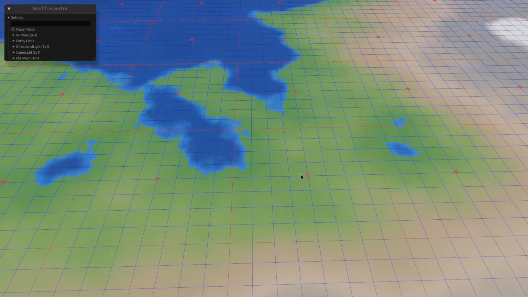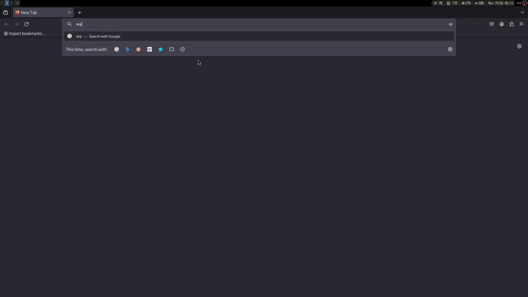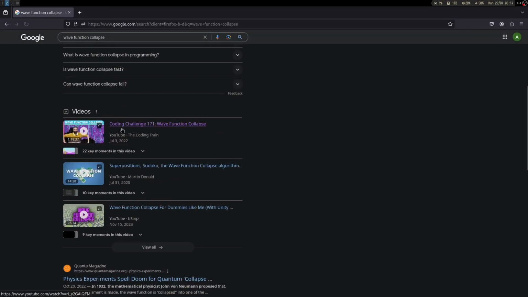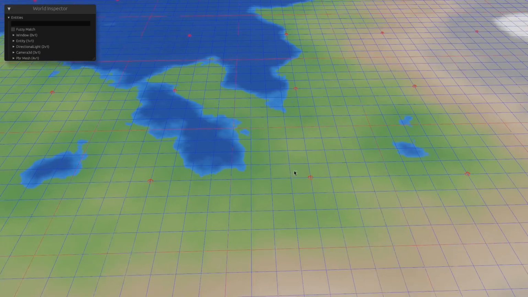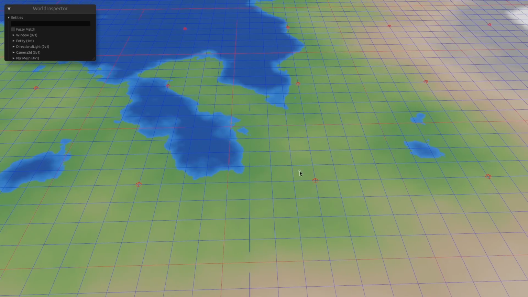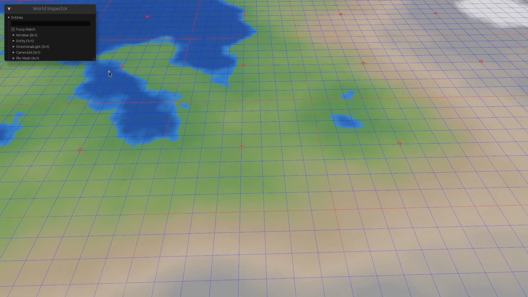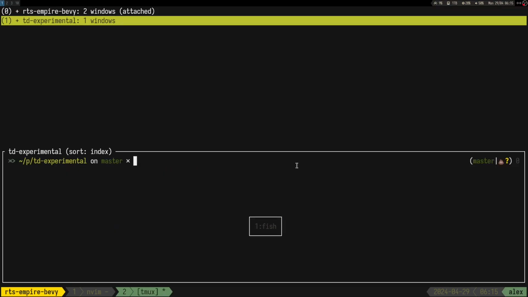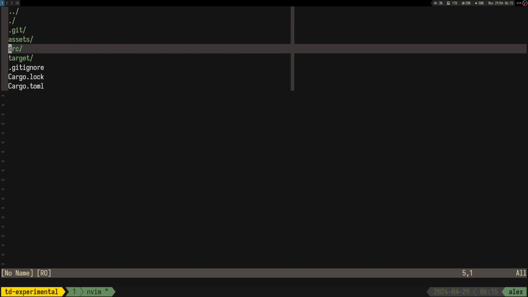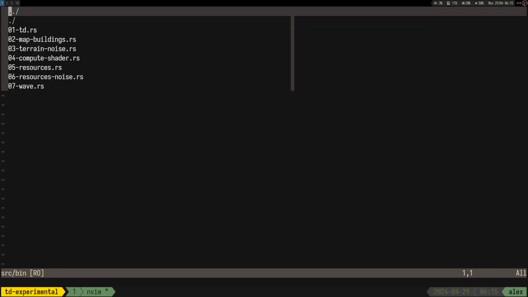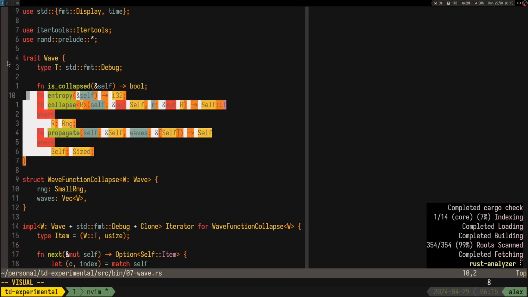And yeah, like wave function collapse, I think the first time I saw it was on a Coding Train video, and I watched it a while back, so I didn't remember quite well how to do it, but in the end I figured it out. And I have this example which we can go through, because it was really painful to get it in a Rust format,